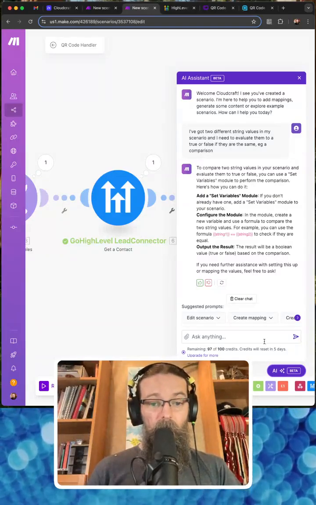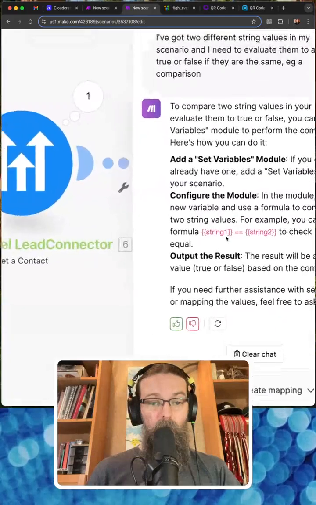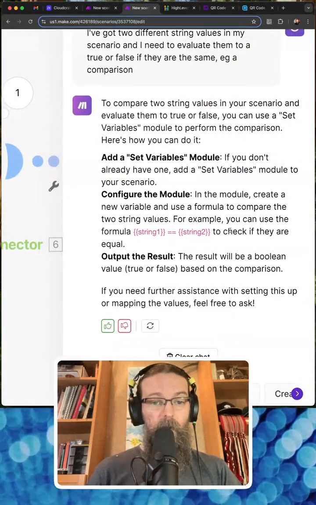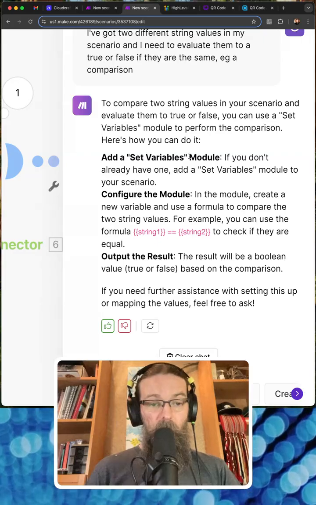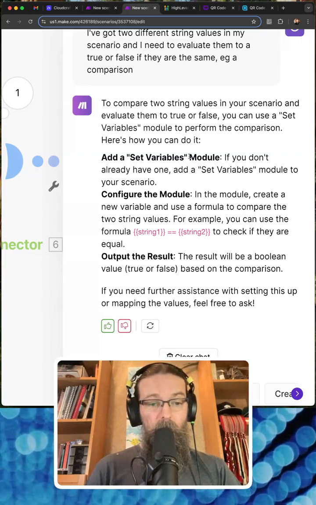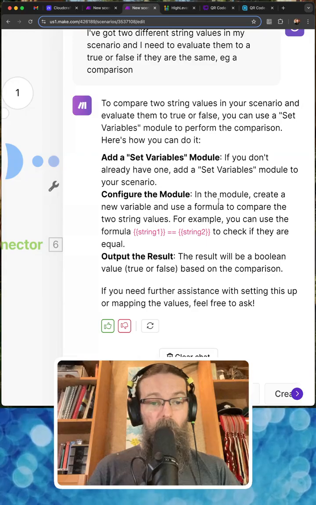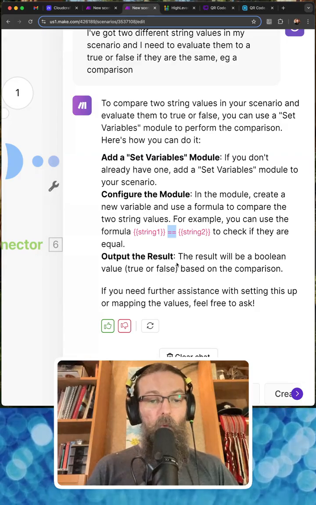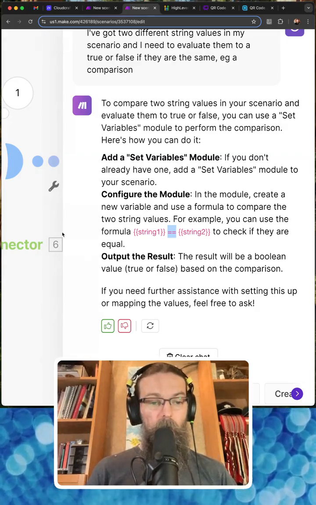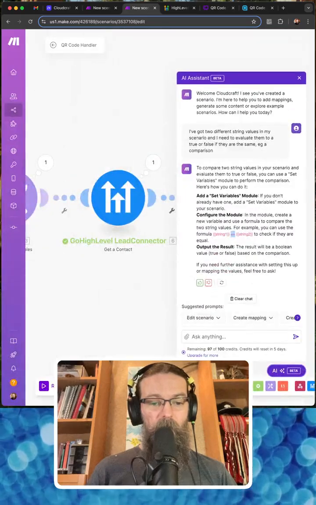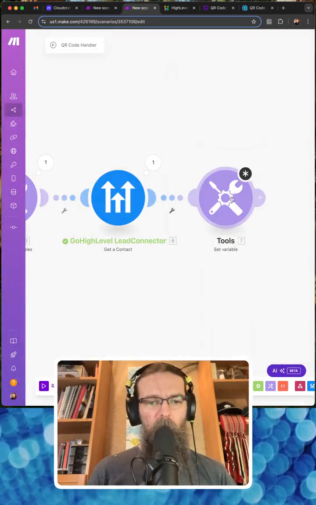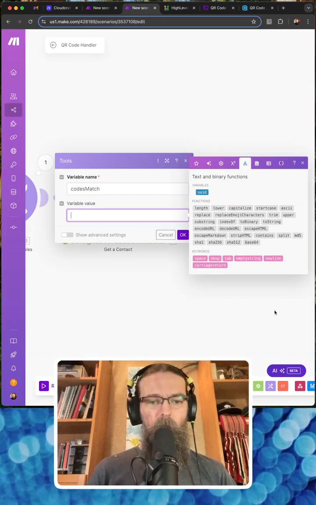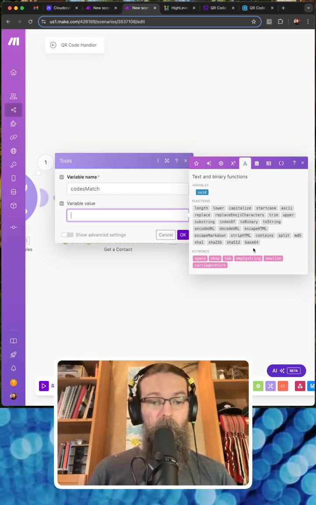So it's saying we can just use set variables, which we had in mind, and then configure the module, create a new variable, and use the formula. So we can just do an equals operation, which is great. That just makes this super simple. I didn't even know you could do that in Make. So there you go. Now we can say codes match is going to be